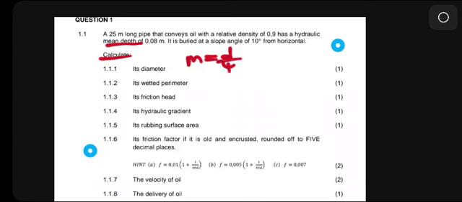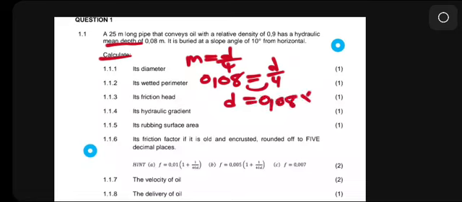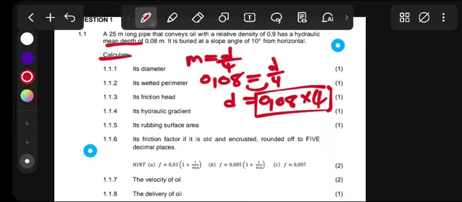The hydraulic mean depth there is 0.08, which is equal to D over 4. We multiply by that side, so we'll have 0.08 multiplied by 4. Punching that in,